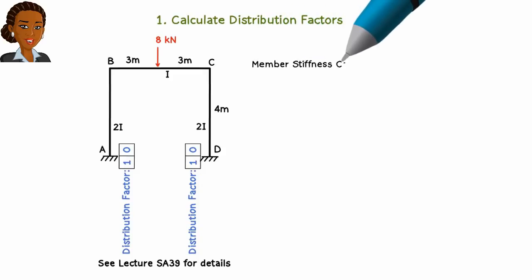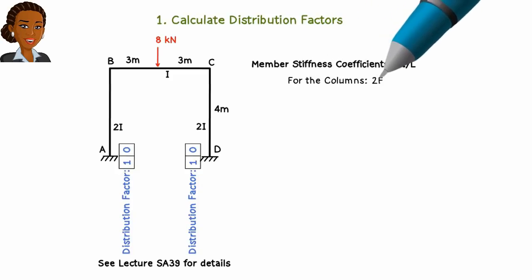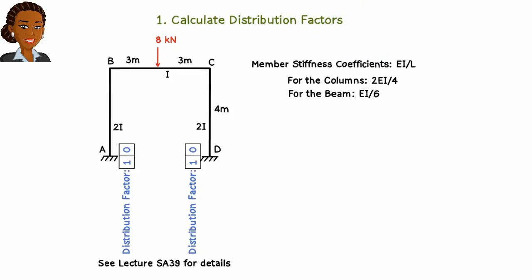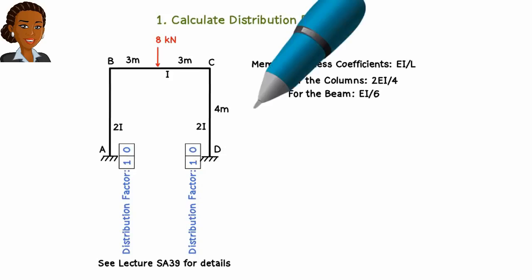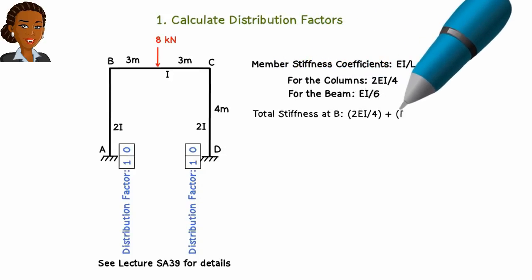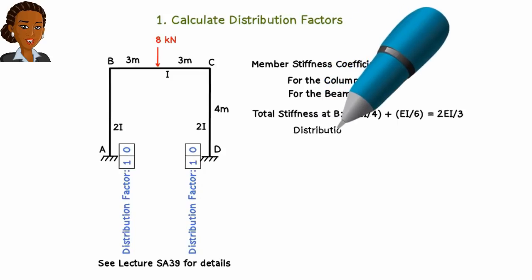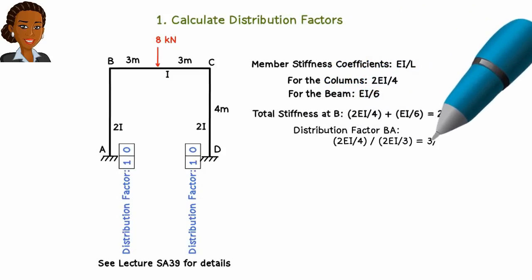For the interior joints, we calculate the distribution factors this way. Noting that the moment of inertia for the columns is twice the moment of inertia for the beam, we write the stiffness coefficients as 2EI over 4 for the columns and EI over 6 for the beam. This makes joint stiffness at B 2EI over 3. Hence, the distribution factors at the joint are